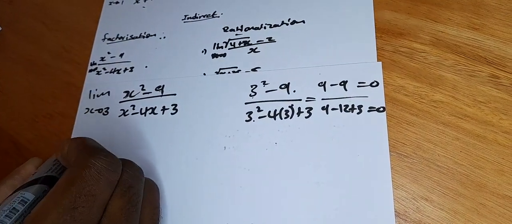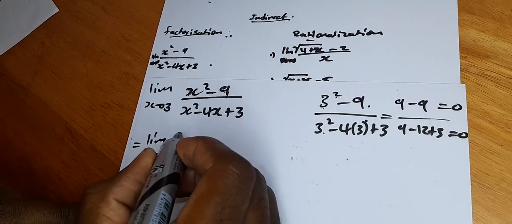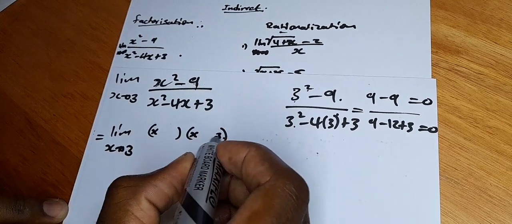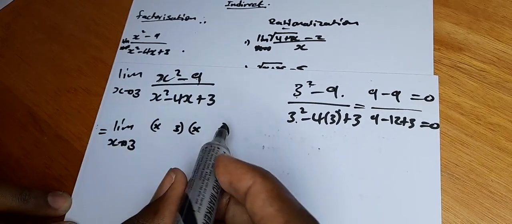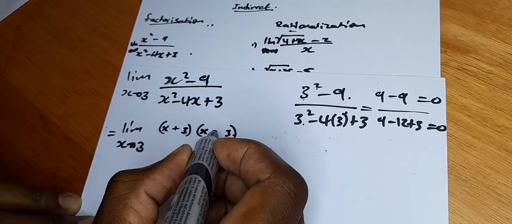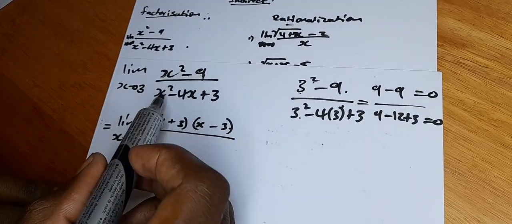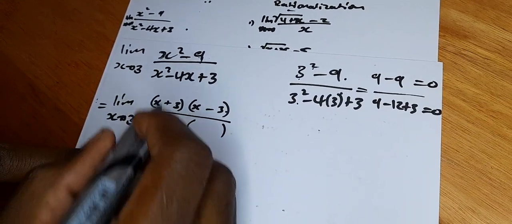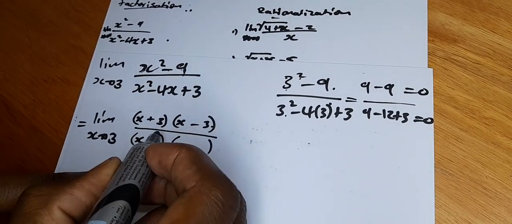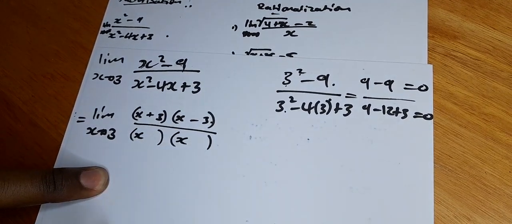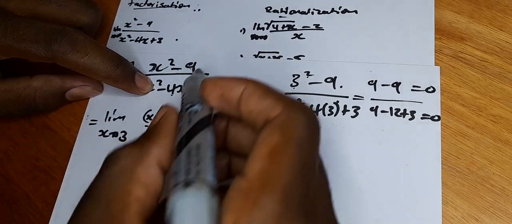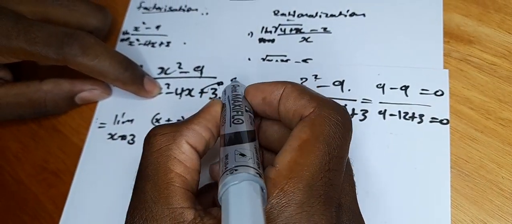Then let us go on. This will be equal to the limit as x approaches 3. We open two brackets. We have x and 3, and x and 3. I believe that you can factorize this, with a plus and a minus, all over. Then for the factorization of the denominator, we open two sets of brackets. We have x on this side and x on this side. Then we look for the factors of 3, which will give us 4. Since this one is positive,